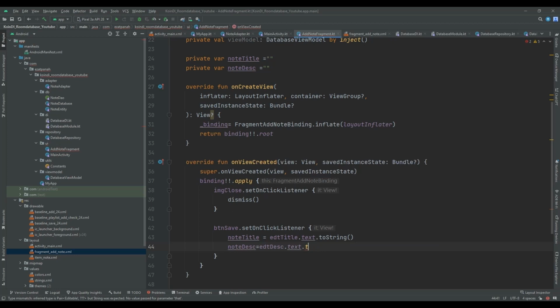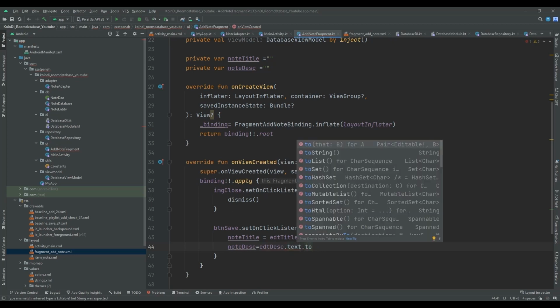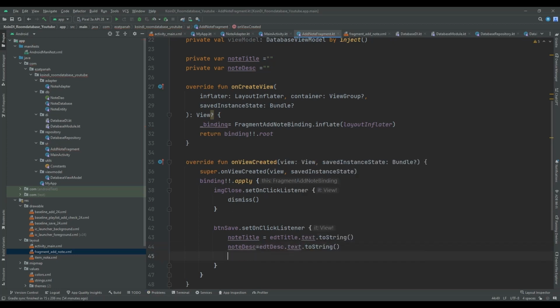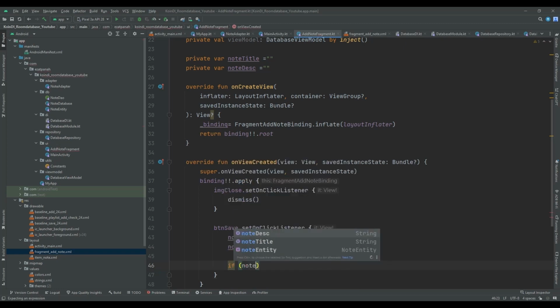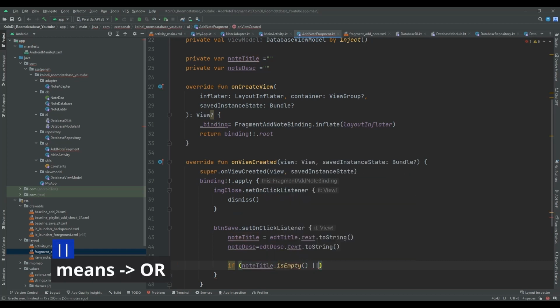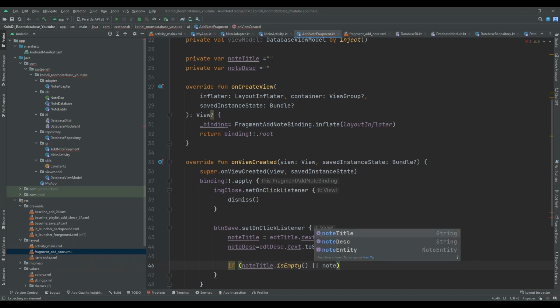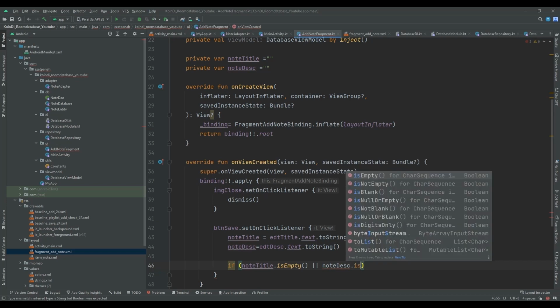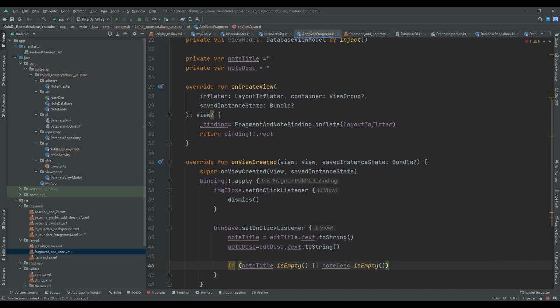Okay. Oh no, I made a mistake. To string. Good. Now just here I want to check whether those edit texts are empty or not. So if the note title is empty and also note description was empty, first